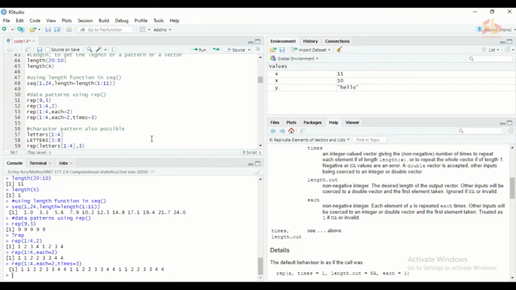Since this is open source software, you are free to use whatever is available in R CRAN. Even during the exam, you are allowed to use the help menu, but not the internet. So you can have a short note with codes to do the exam.